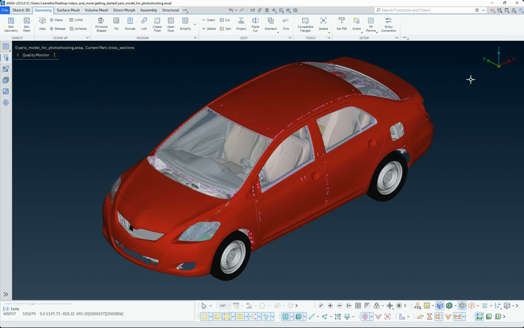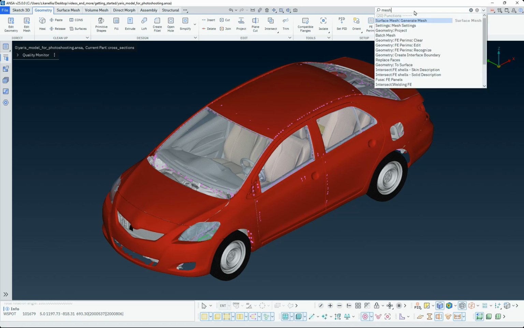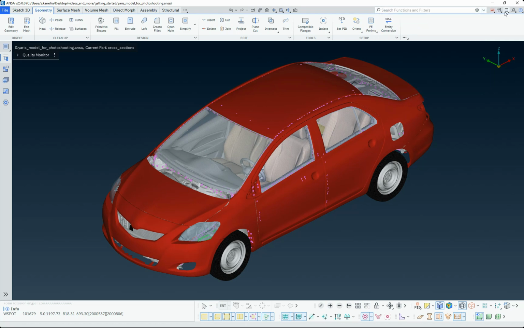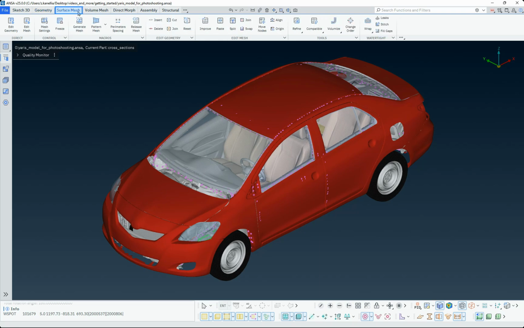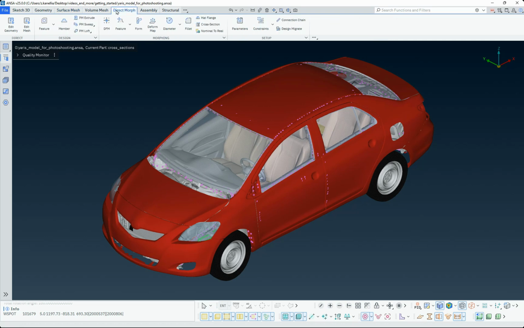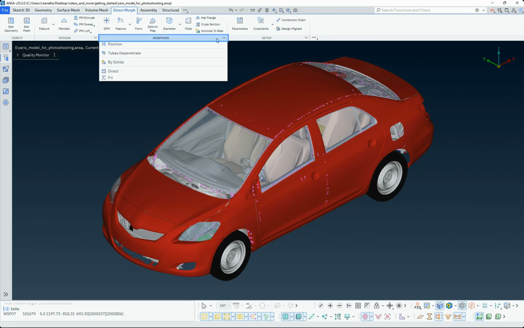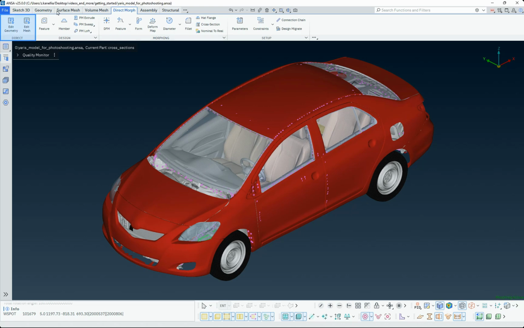In the right upper corner, the search engine enables a dynamic function search. While typing, the algorithm dynamically filters and displays search results. The layout, the deck, the settings, Windows, and ANSA Help repository are located there. The main functionality is available through ribbons. The ribbons are sorted by the type of pre-processing states they pertain to, like geometry, surface mesh, direct morph, etc. Each ribbon contains the respective functions, organized into groups, and the main ribbons begin with the Direct Edit functionality.